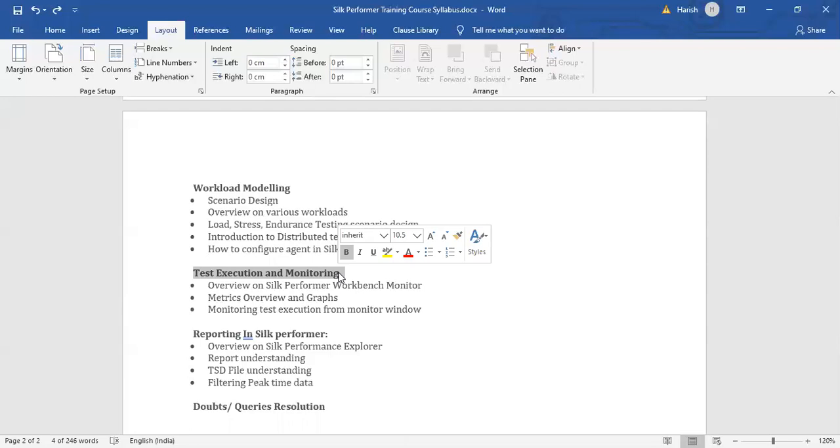A short overview of this component, what metrics we can monitor using it, and what various graphs can be seen and are offered by Workbench Monitor. That part I'll cover. And how monitoring of test execution can be done from the monitor window is also covered in test execution and monitoring.